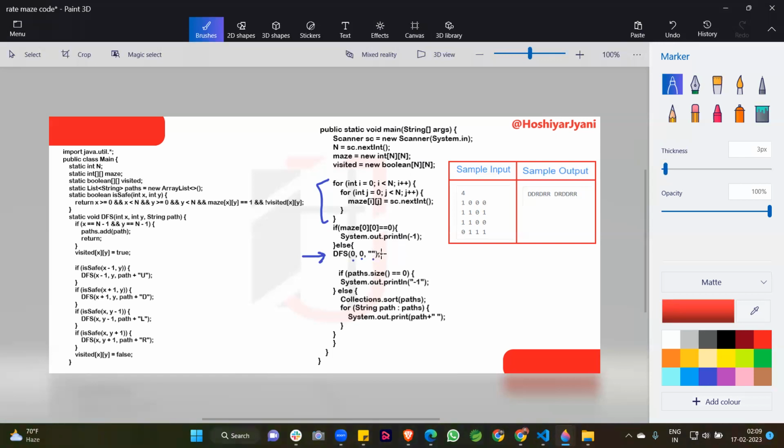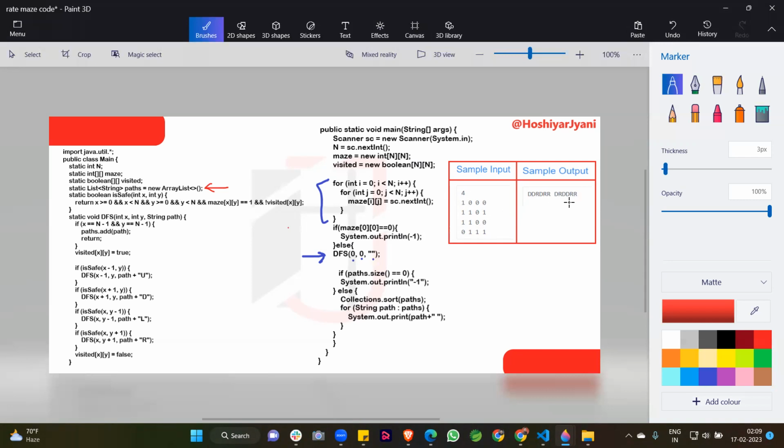After the whole execution, guys, if we have successfully reached the last position, then I simply add this string to our array list, because this array list is created for storing our result. So you can see here there is one path: d, then again down, then right, then come down, then right.